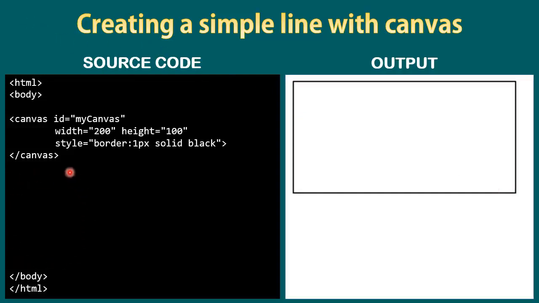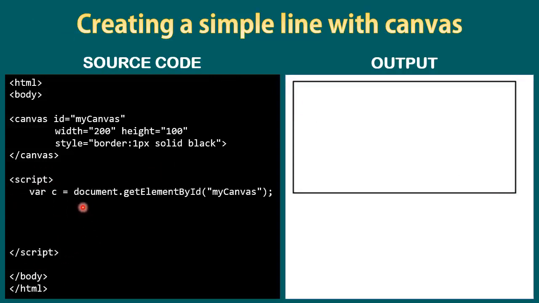In this place, we are going to write the JavaScript necessary to create the line. So first, we create the script block. Within this, we use this line to get the ID and assign it to a variable. The next step is to get the context of myCanvas and assign it to another variable. For this, we use the function getContext. So myCanvas is assigned to the JavaScript variable c. We use the getContext method like this, c.getContext('2d'), since we are going to draw two-dimensional graphics, and we assign it to the variable ctx.